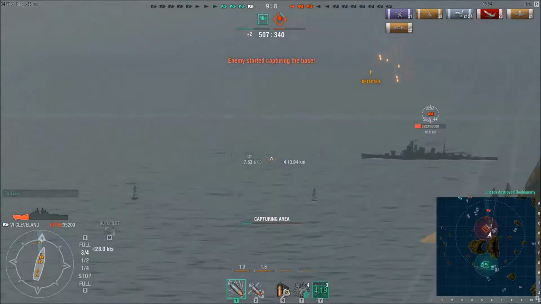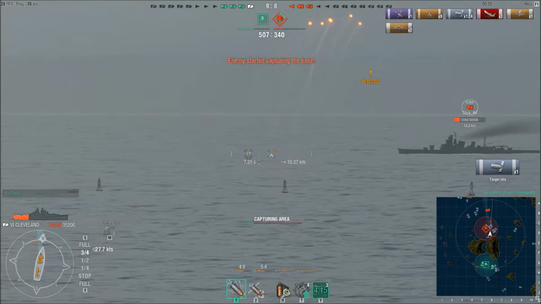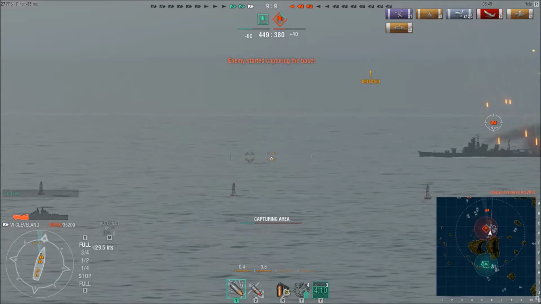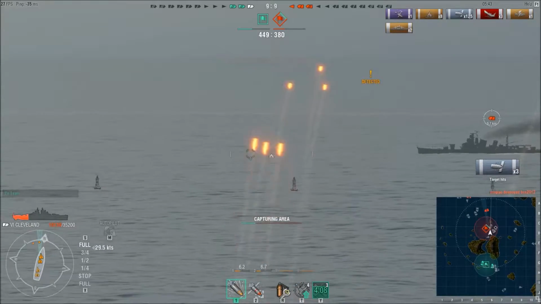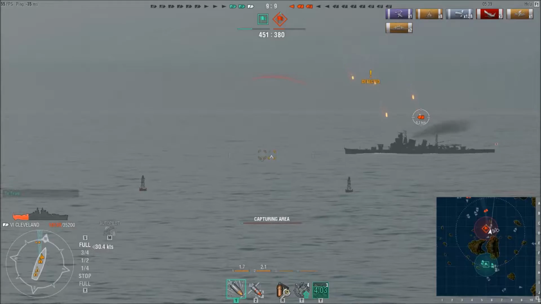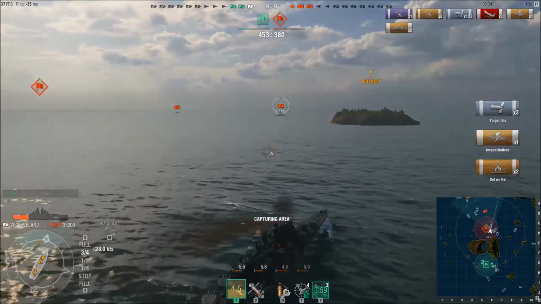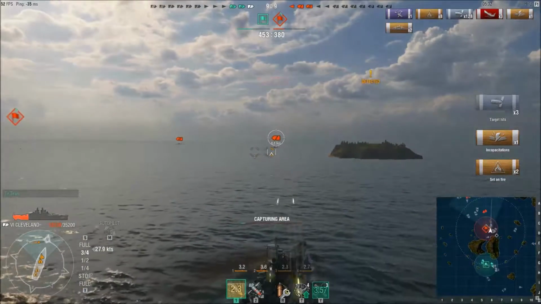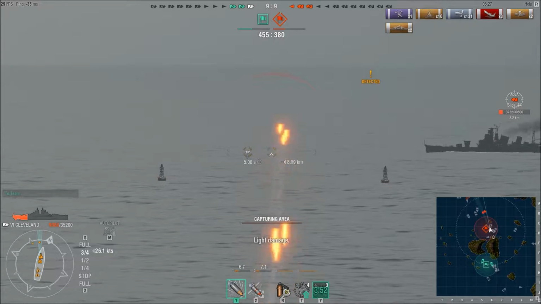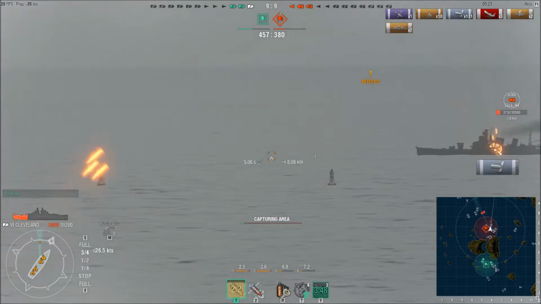I'm trying to angle, but the one thing I found after the Cleveland nerf a patch or a couple patches ago is that whatever chance the Cleveland had to avoid Citadel hits, at least from battleships, is absolutely gone. It doesn't matter how I angle my armor. In the Cleveland, I'm taking Citadels if a battleship so much as sneezes in my direction. But anyway, against the cruiser, on the other hand, yeah, angle the armor, minimize the area that's exposed, and